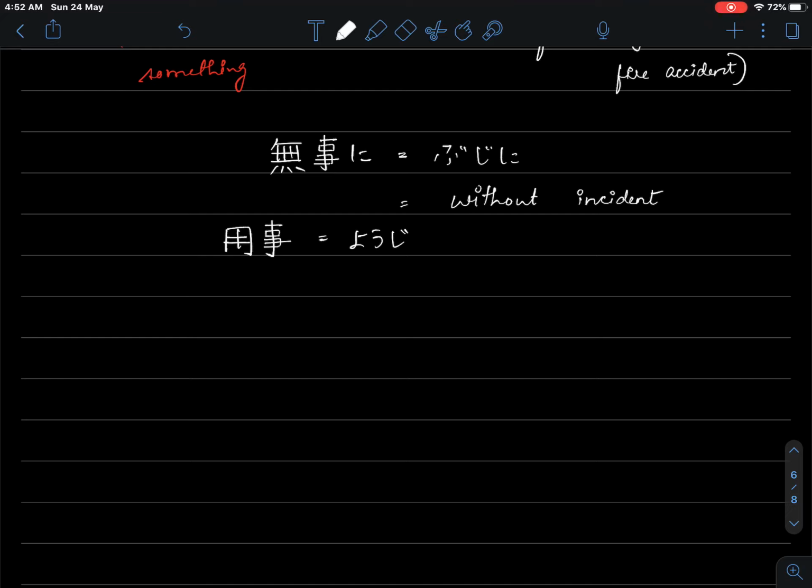Let's have a look at the next word. You read it as yoji. Yoji, which means things to do. Things to do, errands to run, or some business. Okay,